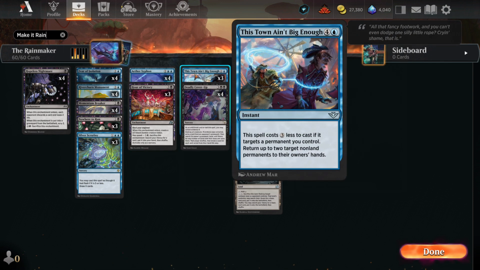This Town Ain't Big Enough is another way we have of bouncing one of our permanents while also sending back something the opponent played out that we don't want them to have. If the opponent doesn't have any cards in hand, we can combo up and send back one of their men at the end of their turn and return a Nightmare back to our hand to play out on our turn and make them toss their guy. It's a great way to reuse some of our cards while delaying the opponent and giving our artifacts a chance